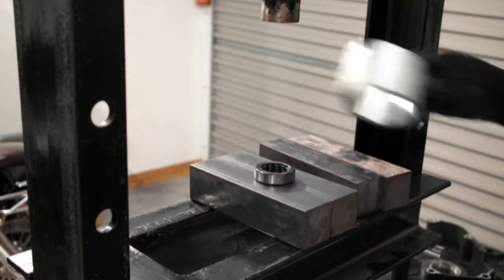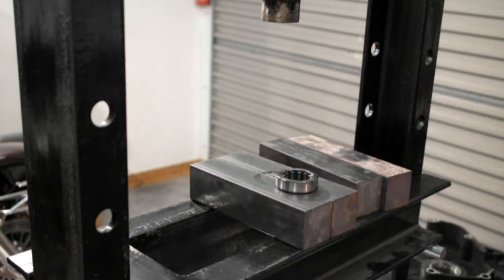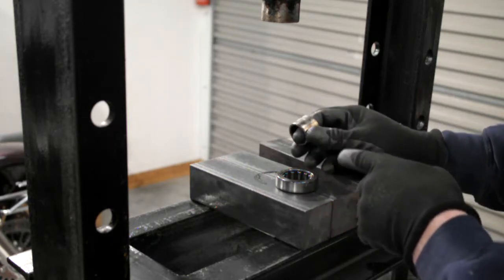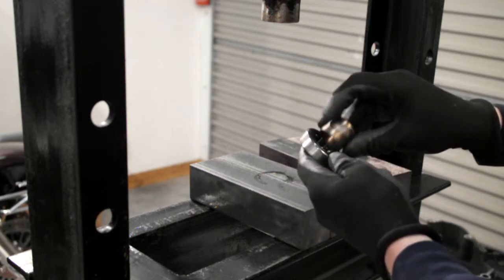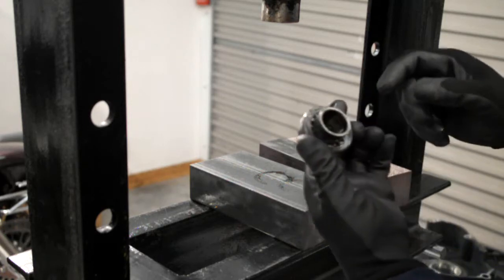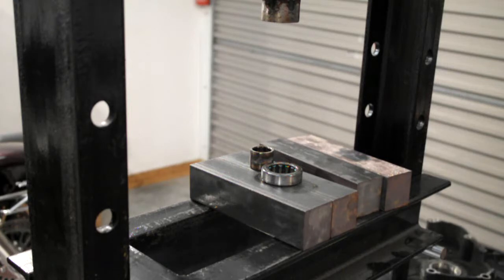Now, if you've watched the earlier video, you'll have seen me pulling off an inner race. Obviously, it had heat round it to expand it so I could get it off the shaft. That inner race is the bit that runs inside this bearing. Obviously it won't run very smoothly now because it's knackered, but this is getting replaced with